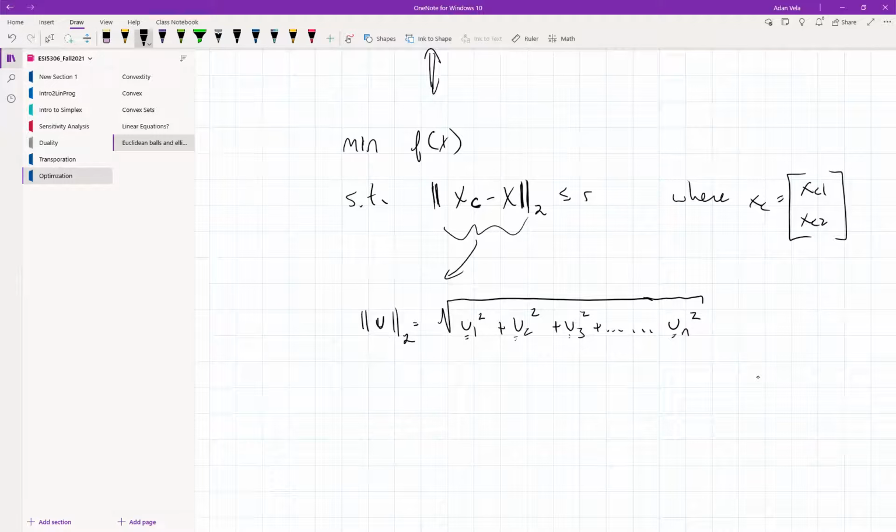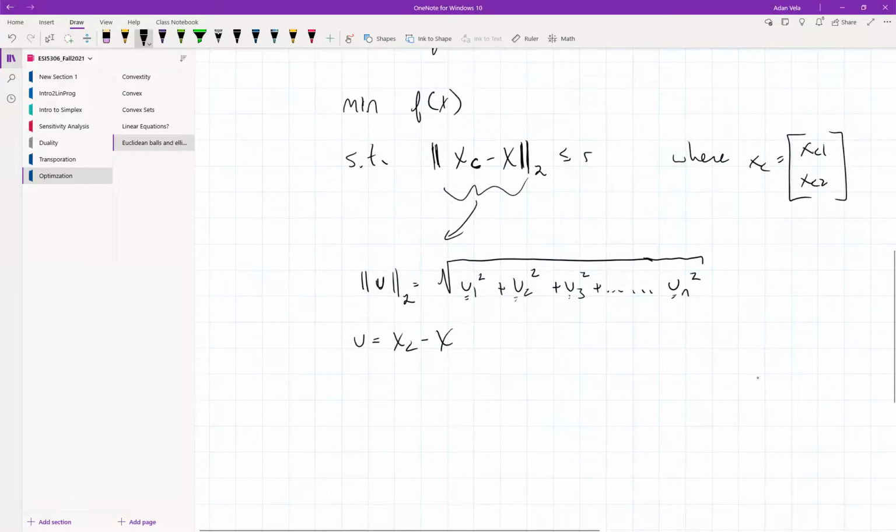So we could say, well, what if we wanted our circle centered somewhere else, right? So in this case, we would say, well, what if we want it centered at xc minus x, right? So instead of u, we're going to have xc minus x. Right? So if we're talking about that ball,